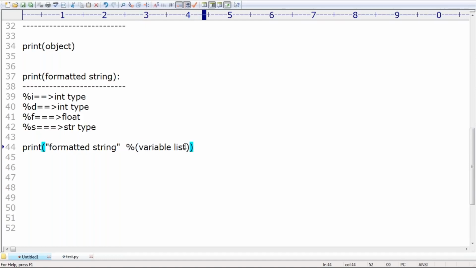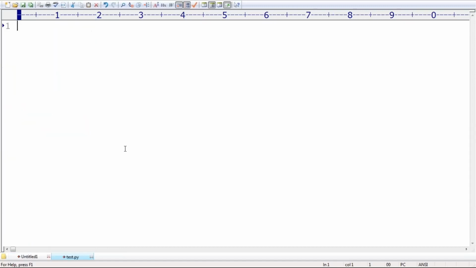Let me talk about a small example. Observe very carefully. Here I am taking a, b, c = 10, 20, 30. Now print: "a value is %i".